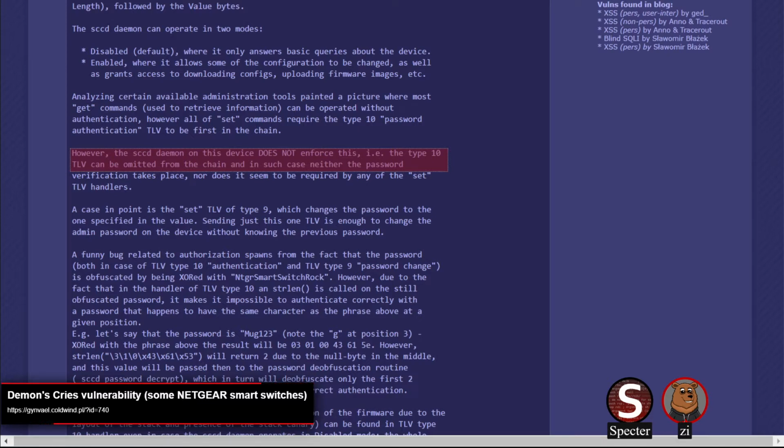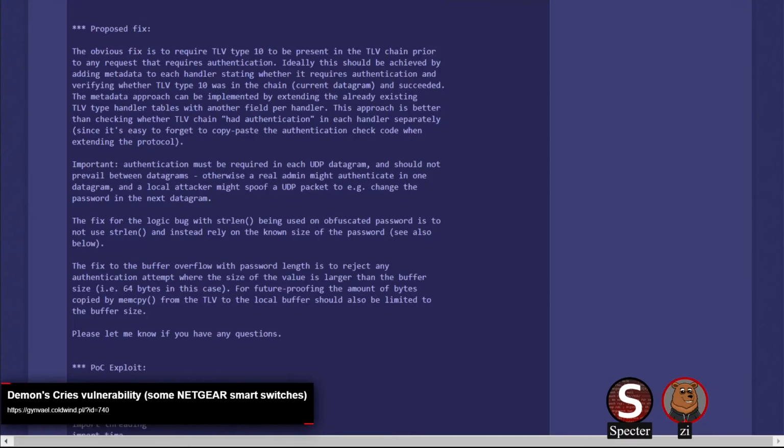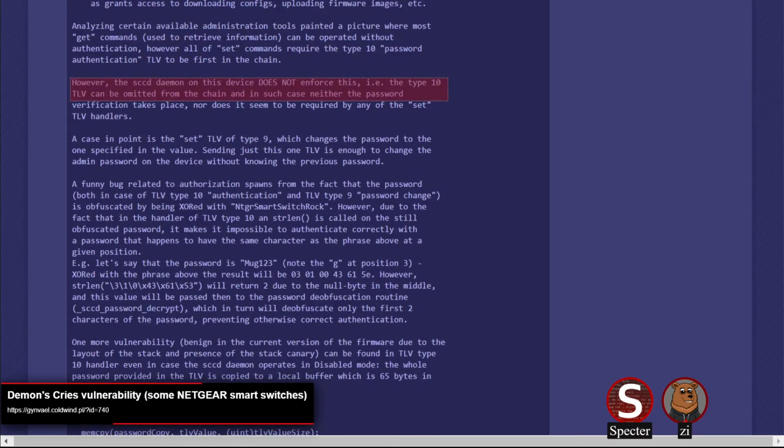They do talk about a couple other bugs, like the fact that there can be a denial of service if your password happens to match with an XOR key width when you do a password change. And there are some other bugs covered in the actual reports. I think the other two each have some that I'm not sure we'll actually cover because it's not the main issue. Well, I was going to cover one of them because I did say earlier that there's no memory corruption, and